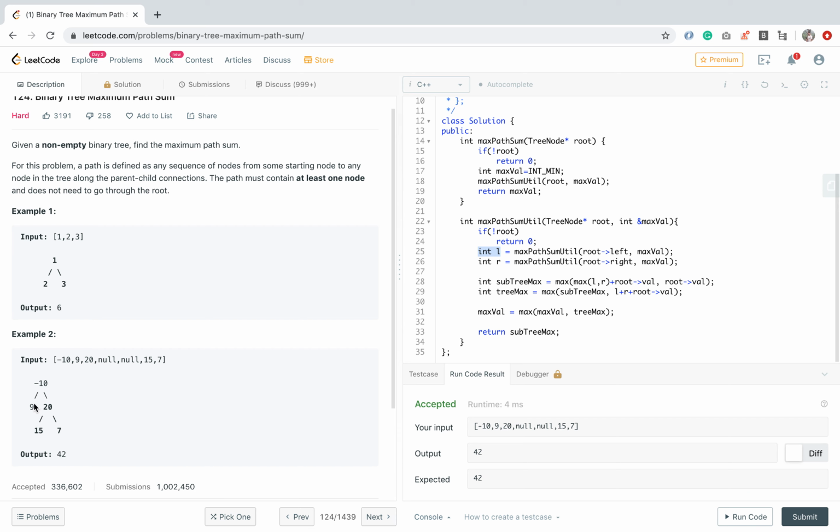And for the current tree max, we are considering the subtree max, or max of subtree max and left subtree sum, right subtree sum, and the root value. So the max value will be the max of max value and tree max, and for returning to the upper root, we will return the subtree max.